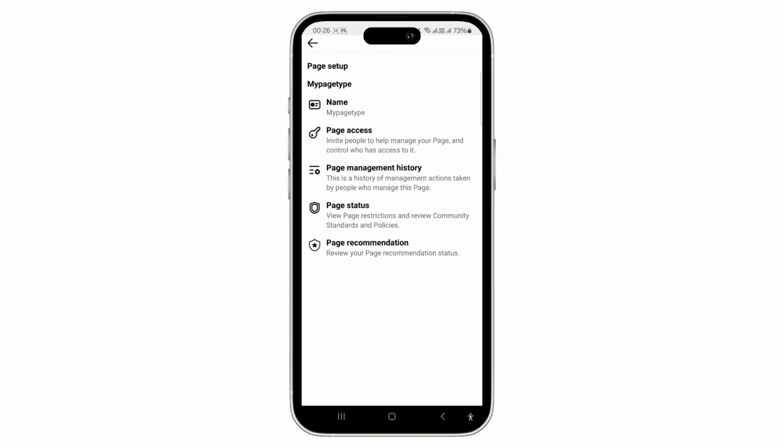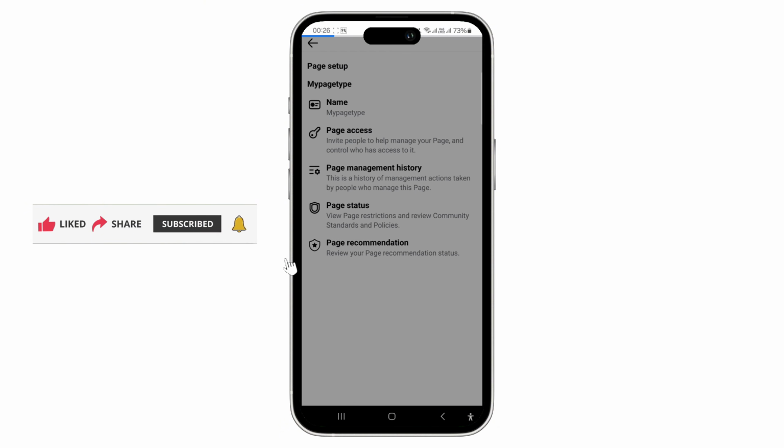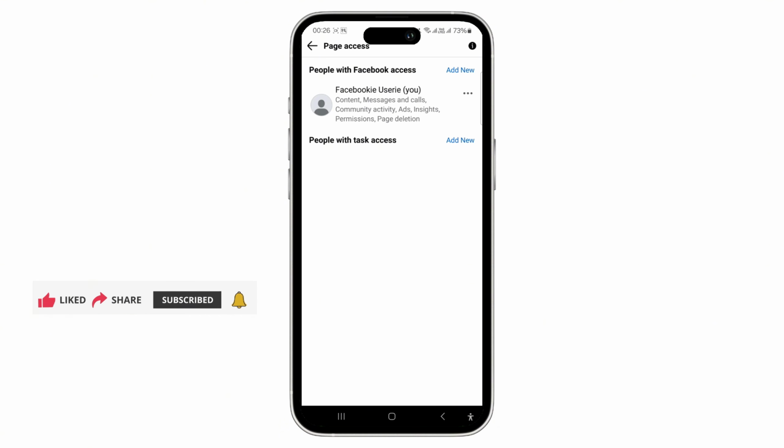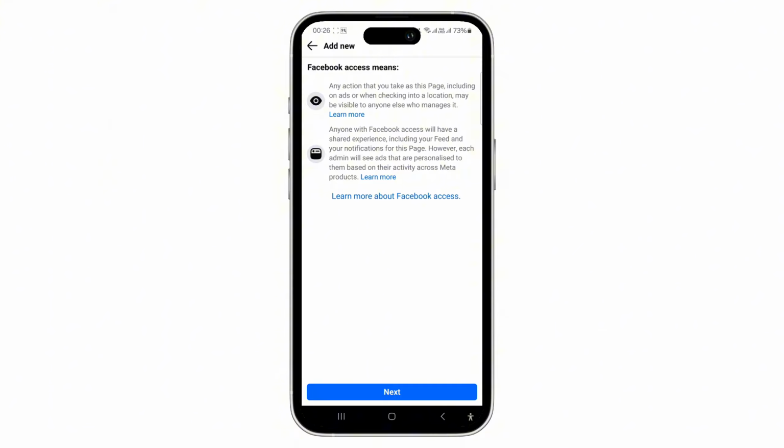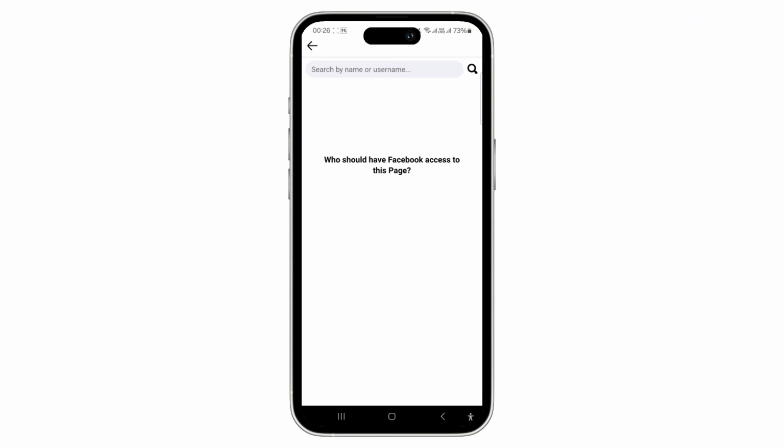Tap on that. Now on this page, you'll get four different options of name, page access, page management history, page status, and page recommendation. Go ahead, tap on Page Access option that is below the name. Now you can search for your friend's name and select their profile. You'll see access options. So go ahead, tap on Add New in the top, then search their name or username,